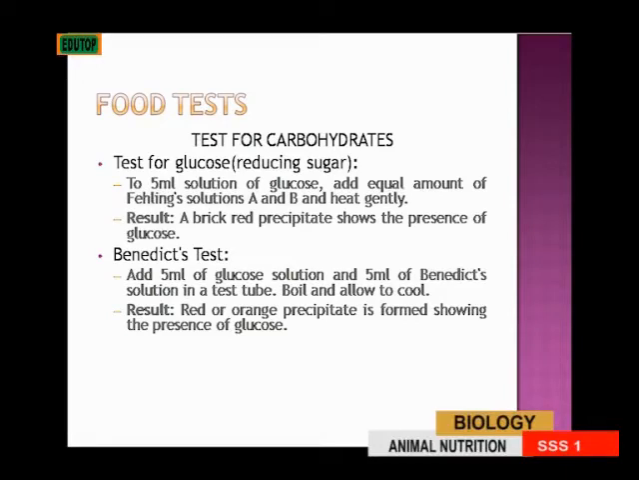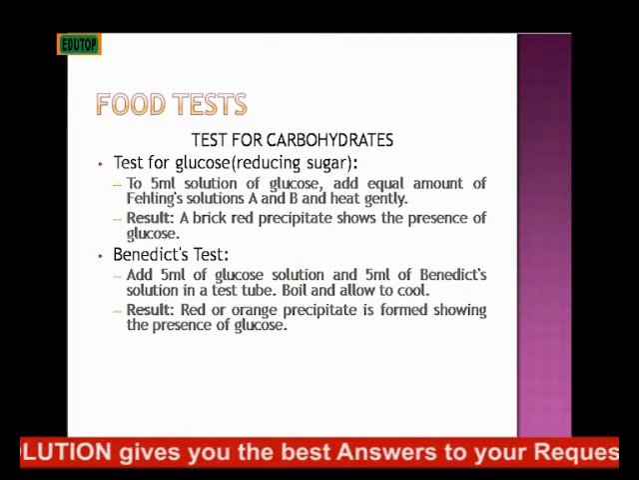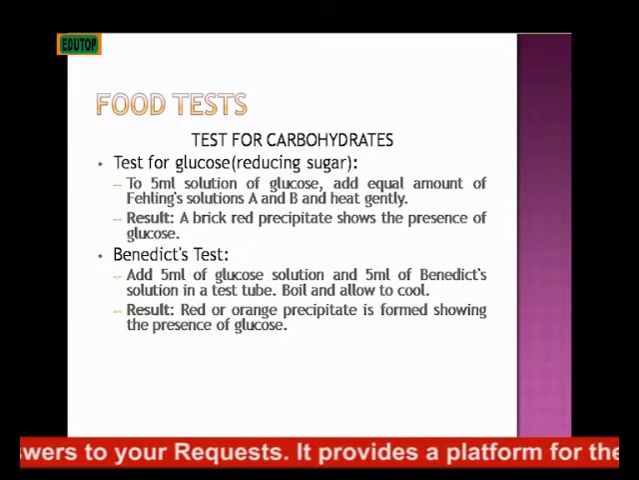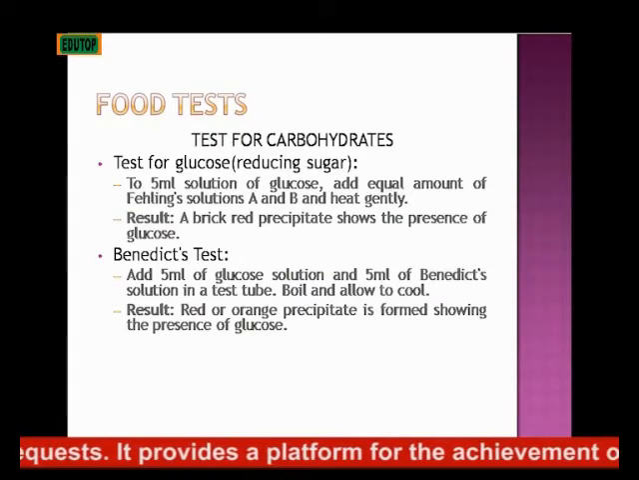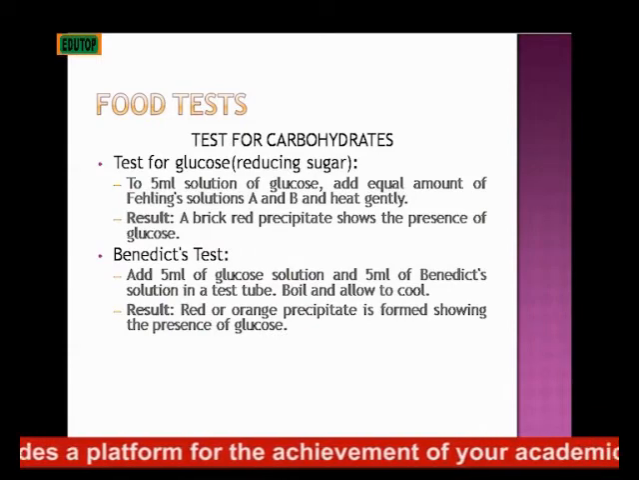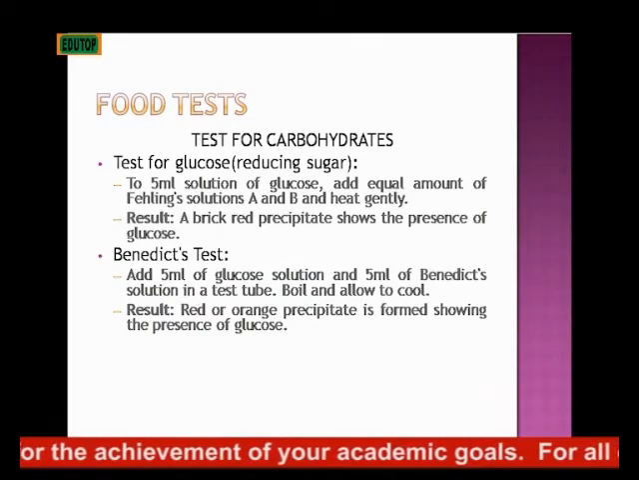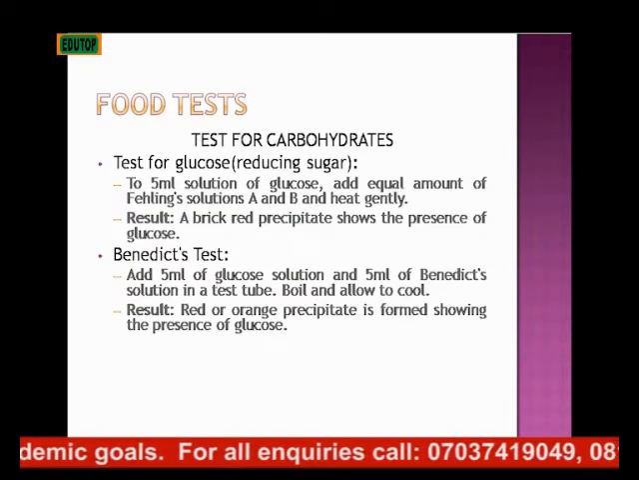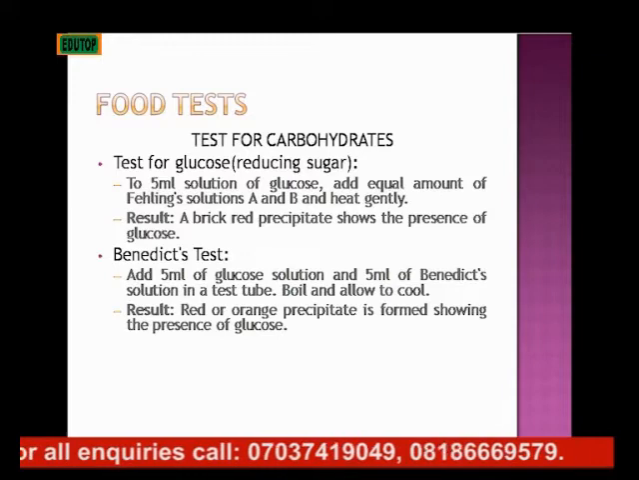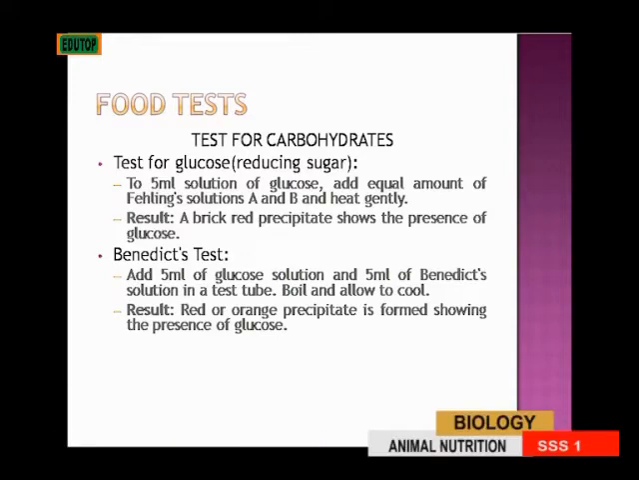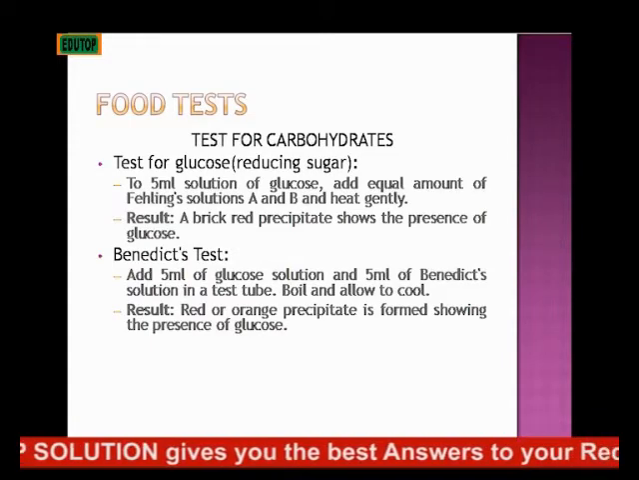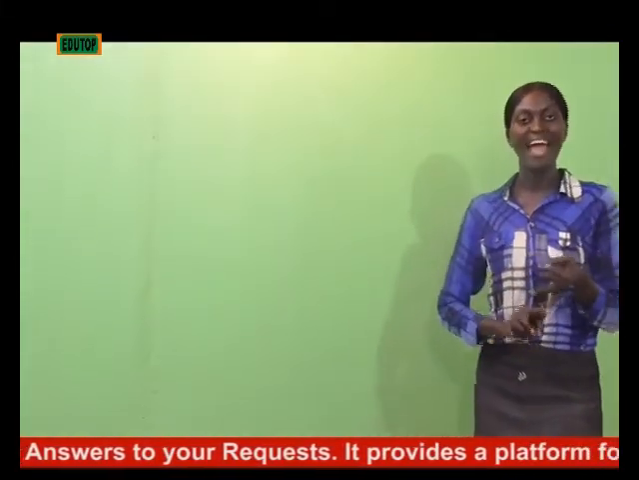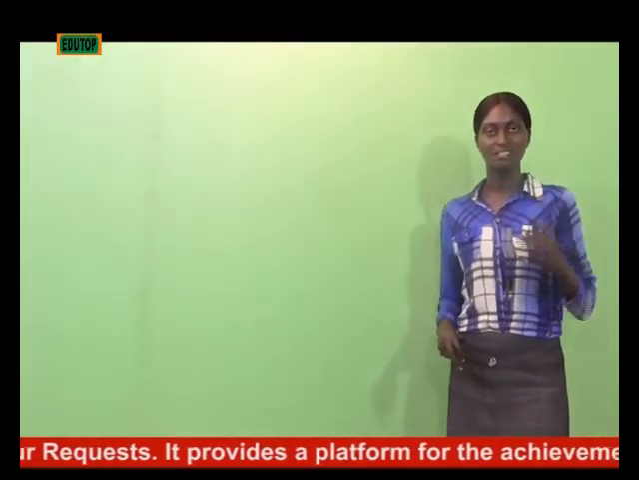Or how to test for glucose, the reducing sugar. To 5 ml solution of glucose, add equal amounts of Fehling's solution A and B. We have Fehling's solution A, then we have Fehling's solution B. So you add equal amounts of Fehling's solution A and B to the 5 ml solution of glucose. Maybe you place your beaker on the Bunsen burner, then you heat it gently. After a while, you discover a brick red precipitate, and that shows the presence of glucose. A brick red precipitate, when heated with Fehling's solution A and B, indicates the presence of